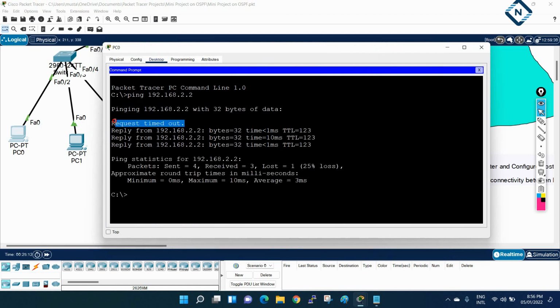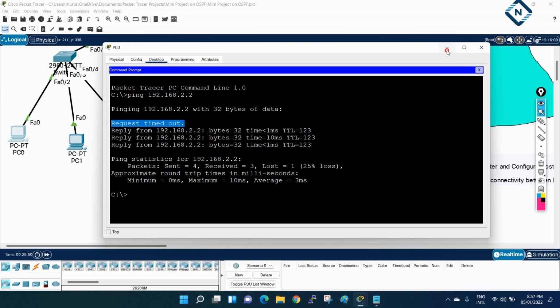We lost the first packet for ARP. I hope you remember ARP, Address Resolution Protocol. Why are we using ARP? We are using ARP, the Address Resolution Protocol, to get the MAC address from the IP address, because we are using Ethernet technology. If you want to send the packet, we need to put the source IP, destination IP, source MAC address, and destination MAC address, and we don't know the destination MAC address. We only know the IP address. So ARP is going to get the MAC address of the destination.